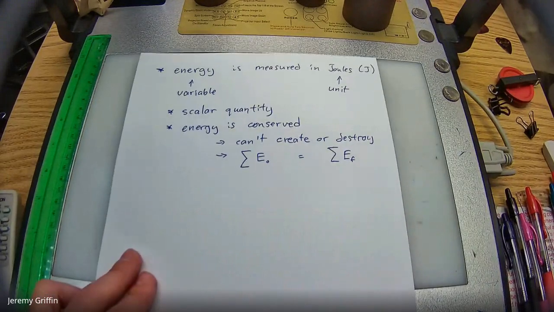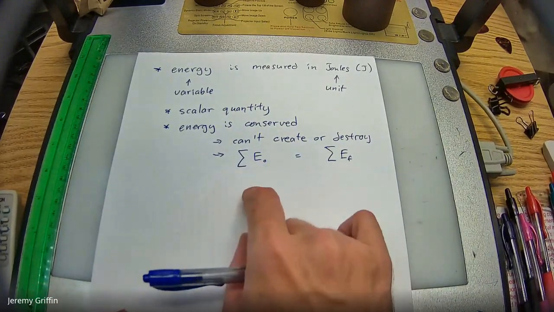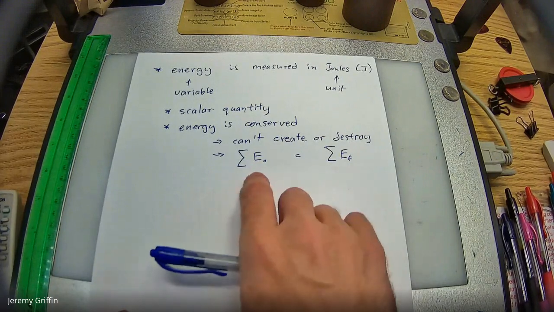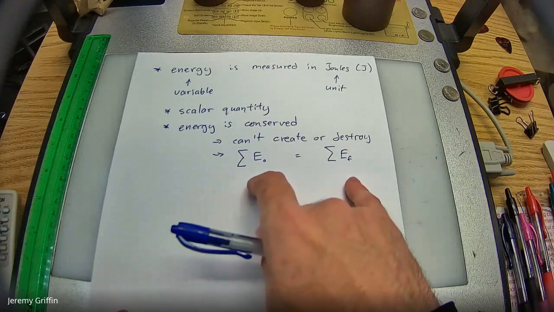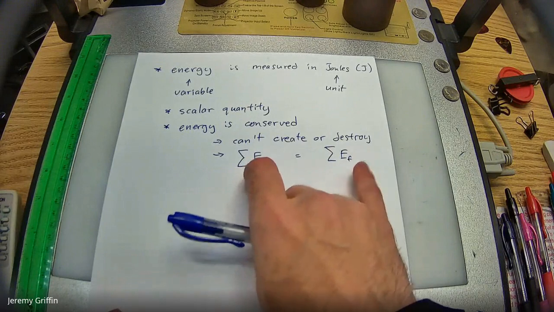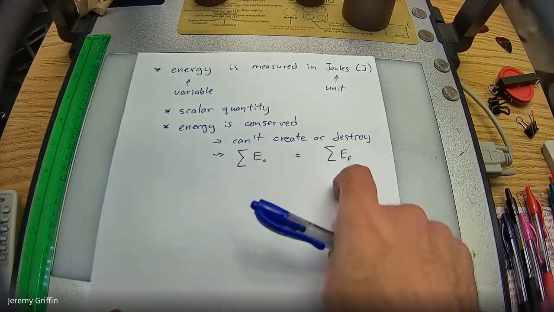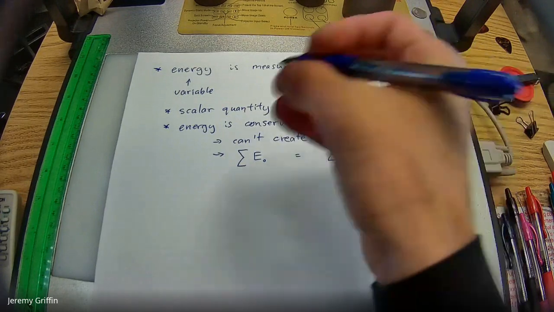Okay? Get into more details about that later, but just flash this up here now, just so you can think, okay. So if you look at some initial state in a system, some final state in a system, if it's a closed system, there's nothing outside, no outside forces on it, then you can account for the energy and say, like, oh, all the energy at the beginning equals all the energy at the end, and then maybe you could go solve for stuff once you set up equations. Okay? So that's going to come back.